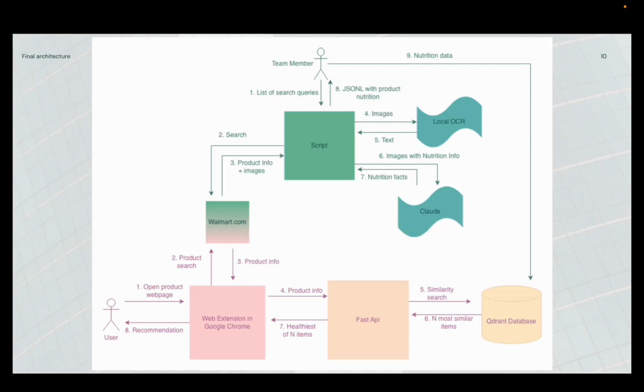So here is the actual final architecture of our product. You'll see that the green on top corresponds to stuff working with the script, and then the purple on the bottom corresponds with the actual web extension backend. So just go over the bottom portion quickly first. A user will open a product page. The web extension